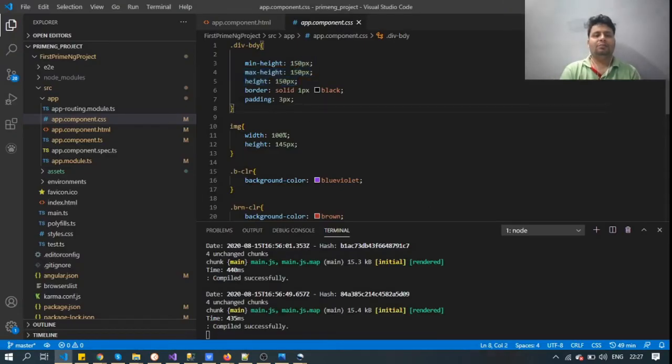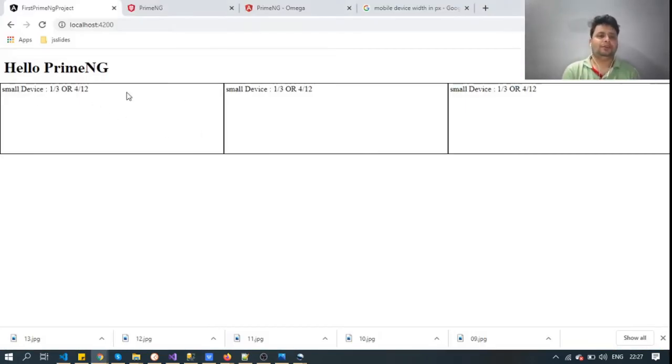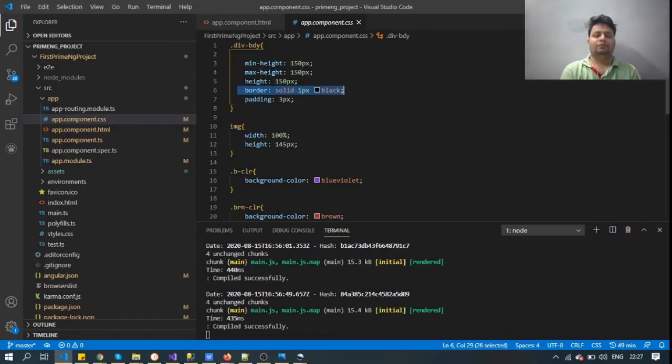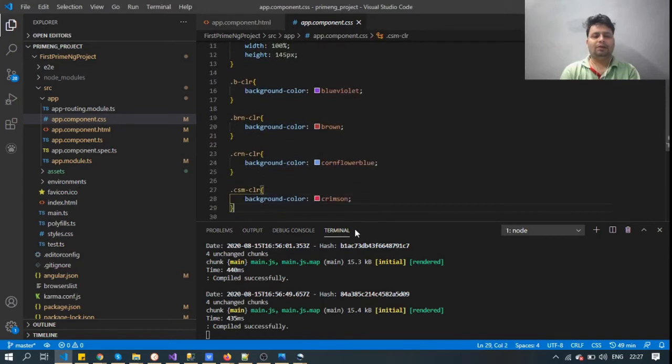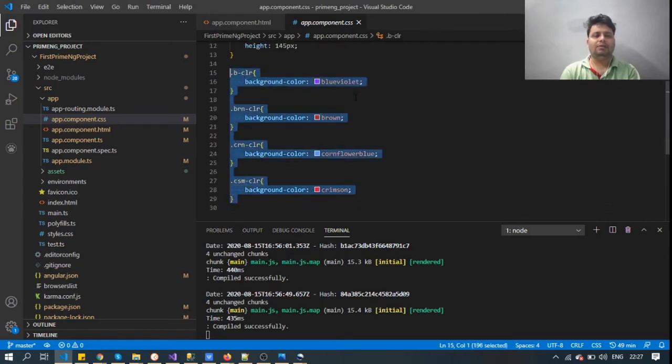Now the second thing, we have created a border of 1px solid black. So we see a border here because of this CSS. Now again we have created some color classes. These are the classes.